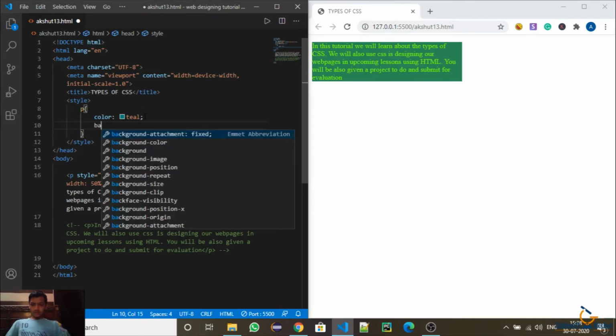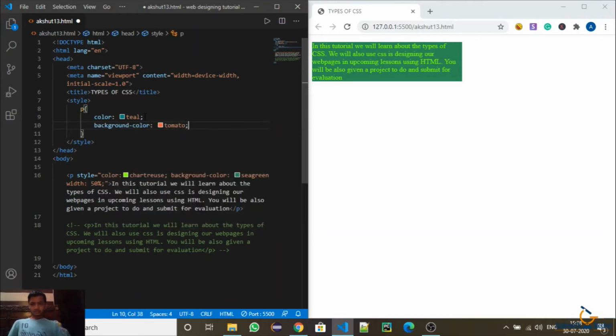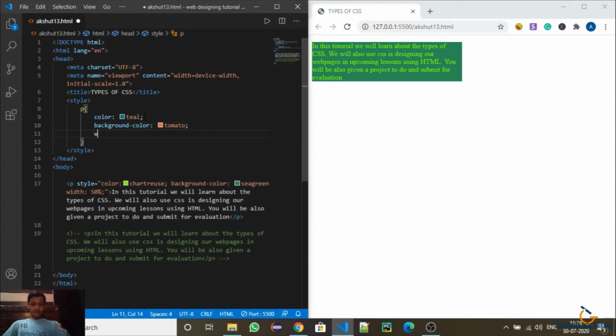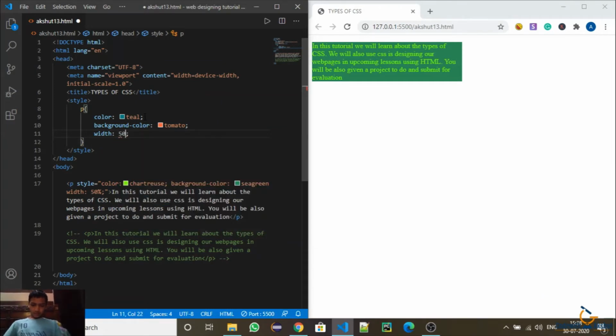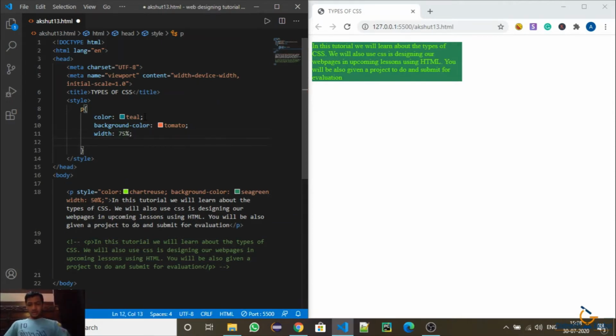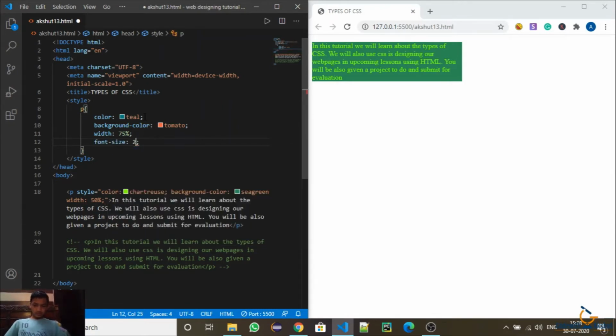I will change the background color to tomato. I will change the width to 75%. Now I will change its font size to 20. I will save it.